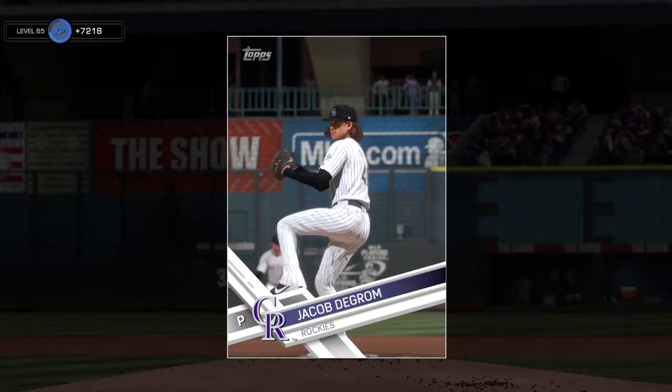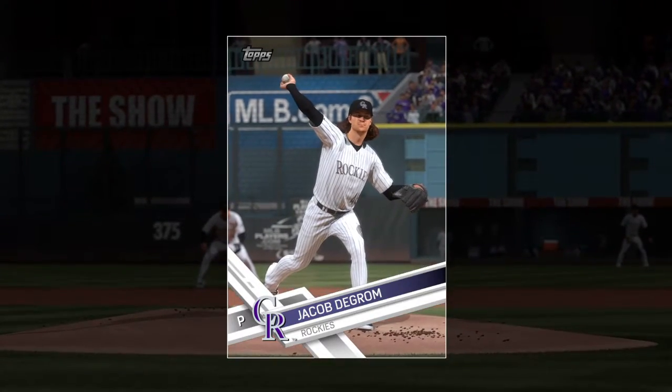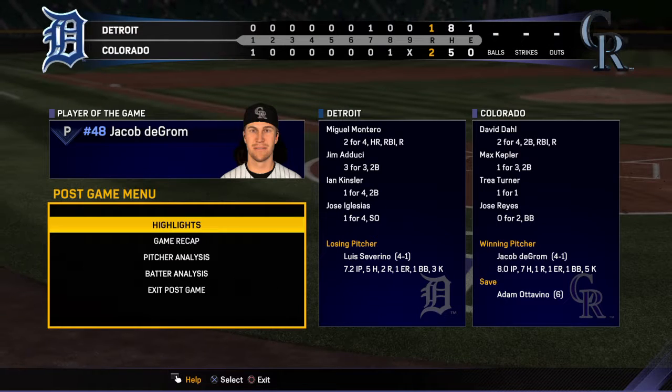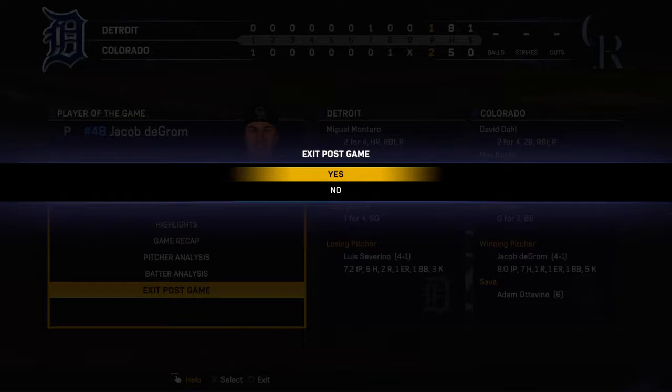Well, we watched a really solid starting pitching performance, kept the opposition at bay, and as a result, he's our top player of the game. Yeah, he ended up handing things off to his bullpen buddies in the ninth, but still, 8